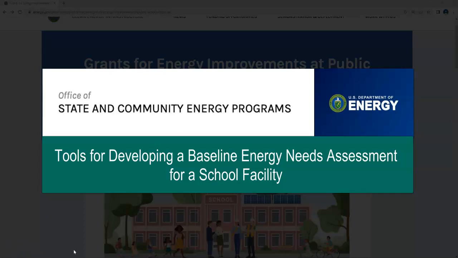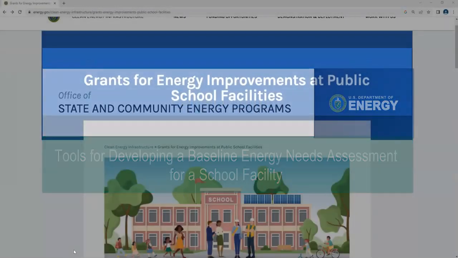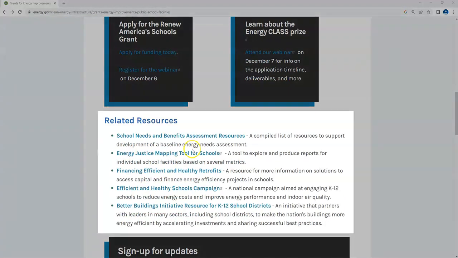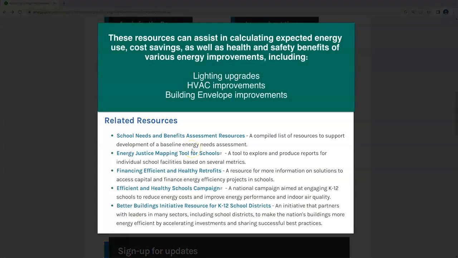The Office of State and Community Energy Programs within the U.S. Department of Energy has compiled a variety of tools that can be used to develop a baseline energy needs assessment for a school facility. These can be found on the DOE Grants for Energy Improvements Public School Facilities webpage under Related Resources. DOE is thrilled to be able to share these resources to assist schools in calculating the expected energy